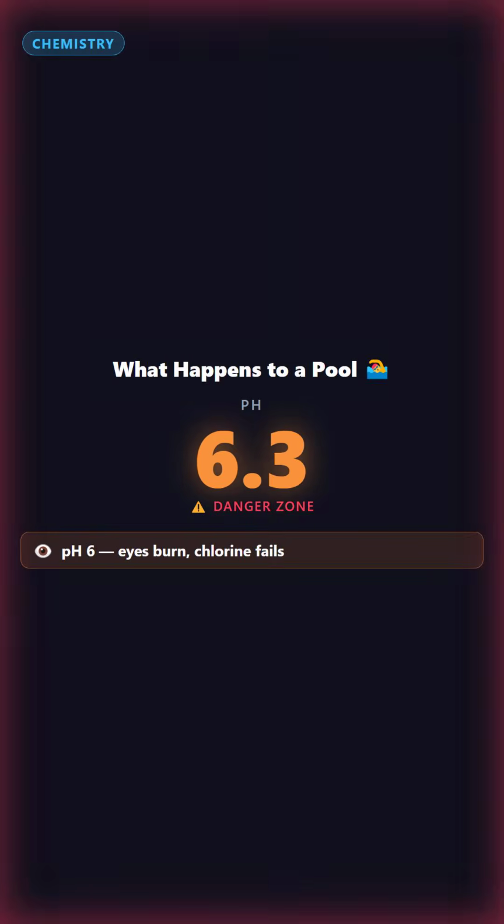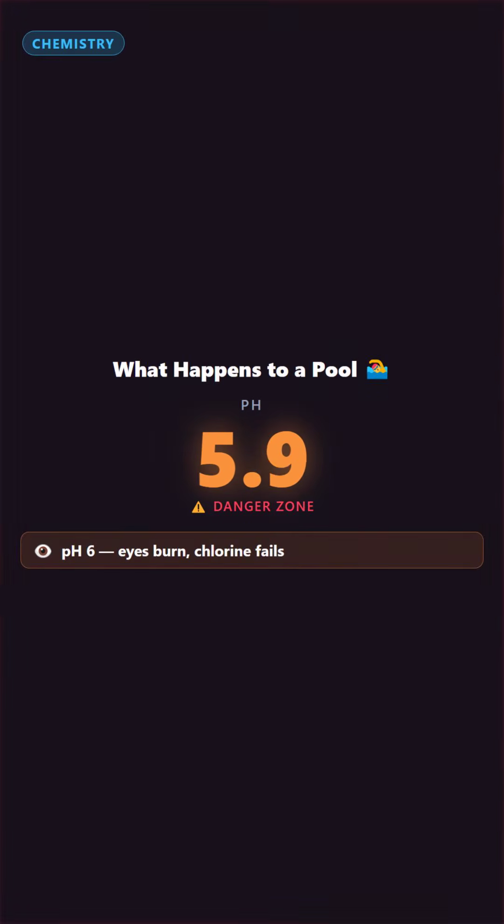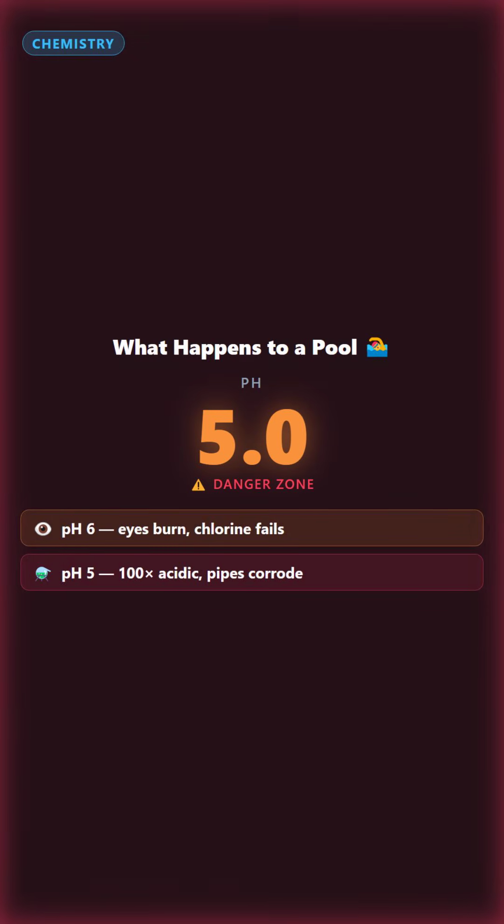So what does that mean for our pool? When the pH drops from 7 to 6, the water is 10 times more acidic. Swimmers' eyes start to burn, chlorine loses its effectiveness, and the pipes begin to corrode. If it drops all the way to pH 5, the water is now 100 times more acidic than where it